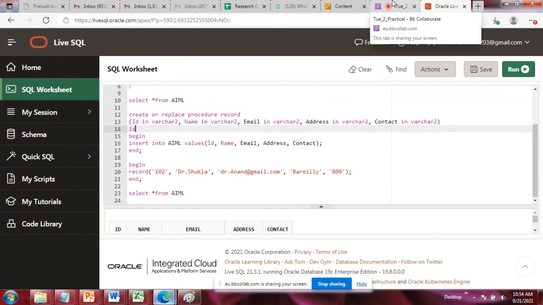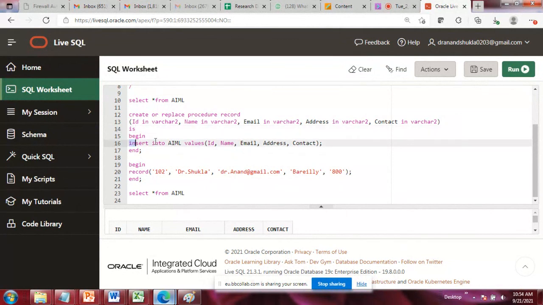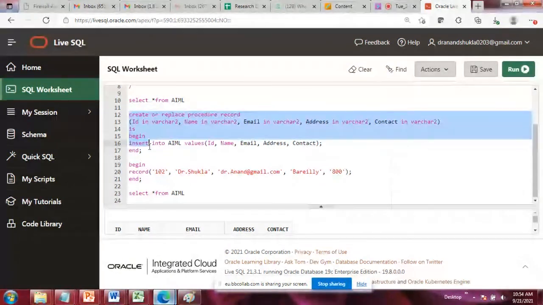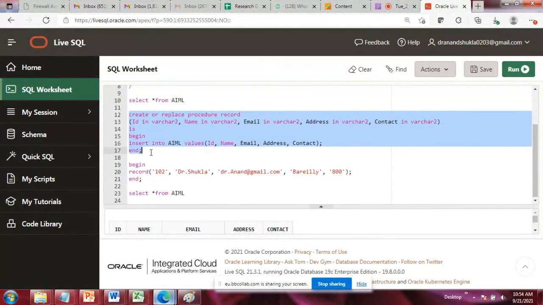Now you have to create the procedures for the remaining operations. It is very similar. You just have to change the query only. Almost every statement will remain the same as per your table. I hope it is very clear how we can create a procedure for record insertion.